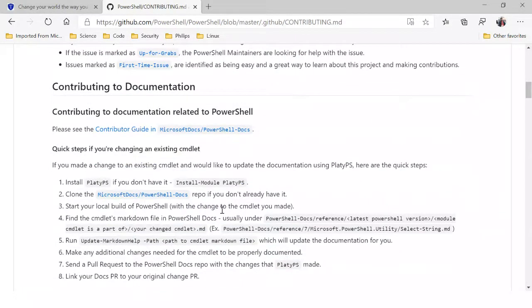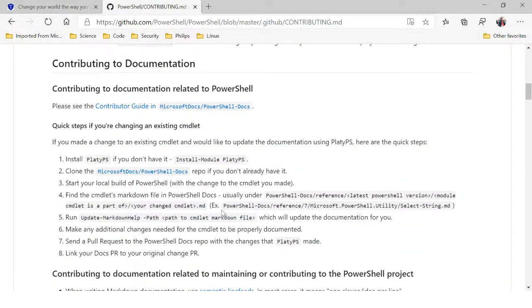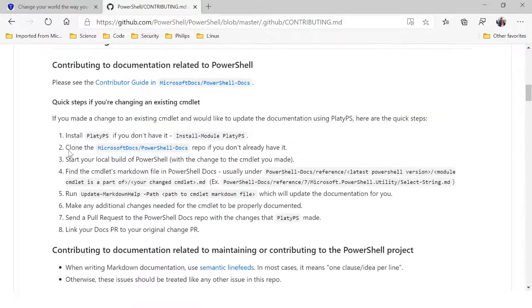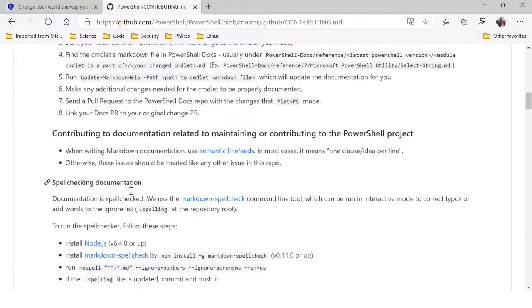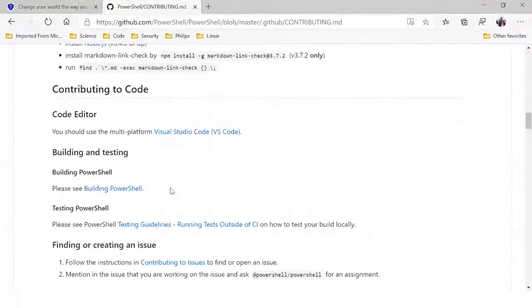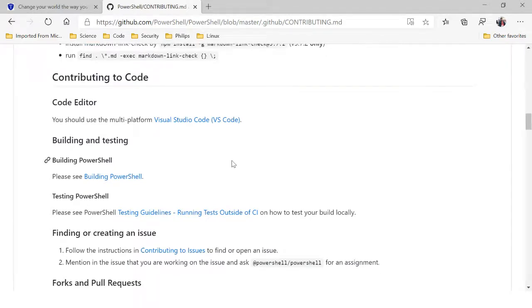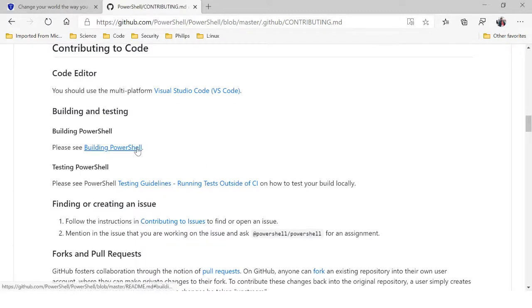And I suggest you to read this if you have any idea or any plans to do a simple contribution in PowerShell. So this is very much mandatory to read. Similarly, the suggested code editor is VS Code. It's awesome. And this is another important step that, okay, I got some idea or I got a bug that